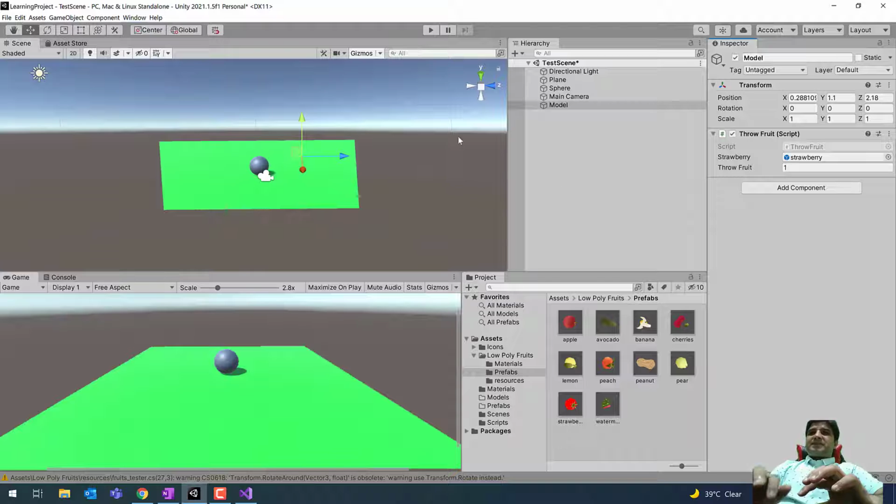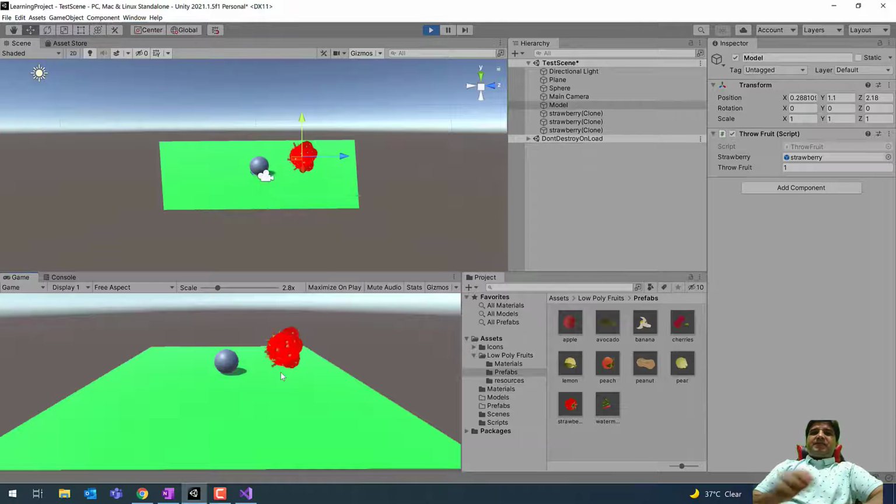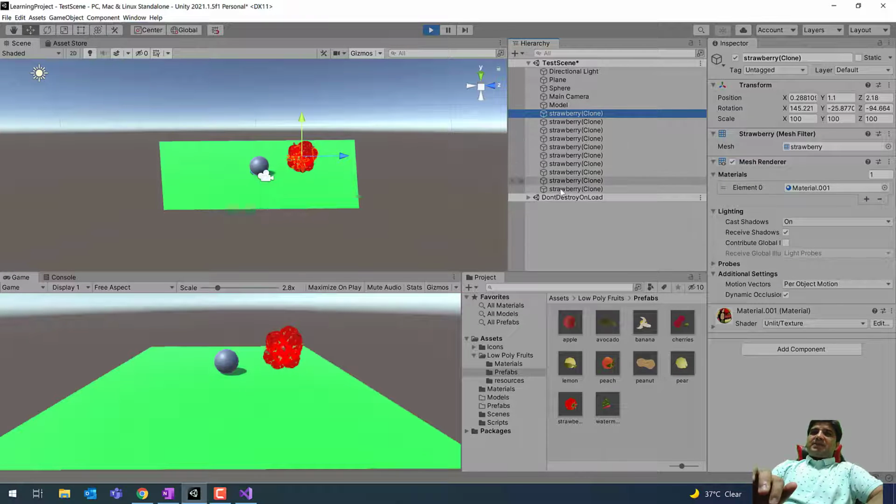Now at this stage, if I run my game, you will see that at runtime new strawberries will be generated with a random rotation after every 1 second. So if I play this game, let's observe its behavior. As you can see, different strawberries are being created inside the game, and you can see them in the inspector window also. Well, this is an overhead to the memory of your device. If it keeps generating new game objects, you are going to have some performance issues.